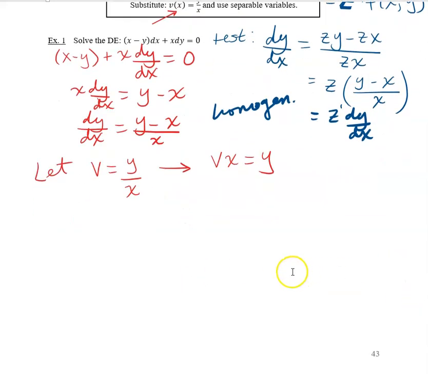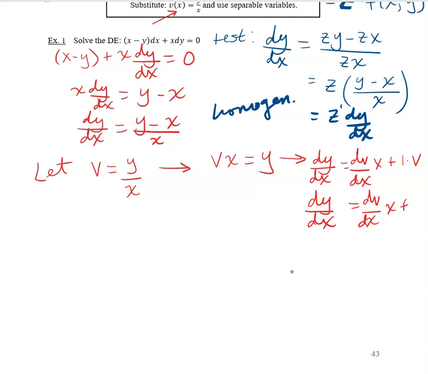And then take the derivative after you've rewritten it in this format. Take the derivative of both sides and use product rule to do that. Now I'm going to write the derivative of y first. That's dy dx. So the derivative in terms of x, of course. Derivative of y with respect to x equals, I'm using implicit differentiation and a product rule here. Derivative of the first, dv dx, times the second recopied, plus the derivative of the second, which would just be 1, times the first recopied. So dy dx, in other words, is equivalent to dv dx